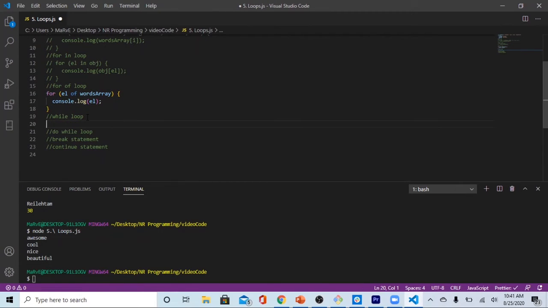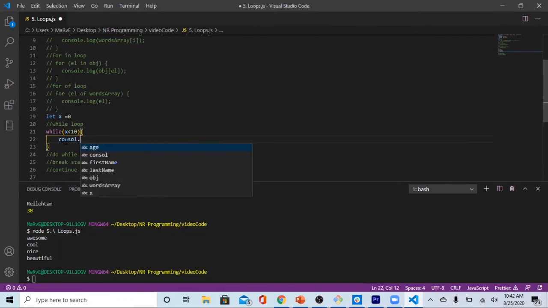The while loop essentially just runs indefinitely until a certain condition is met. So let's say we went over here and did while. First of all, let's comment this out. Let's say we had a variable x here, called it 0. And let's say we do while x is less than 100. All right, let's do a smaller number. Let's do console.log